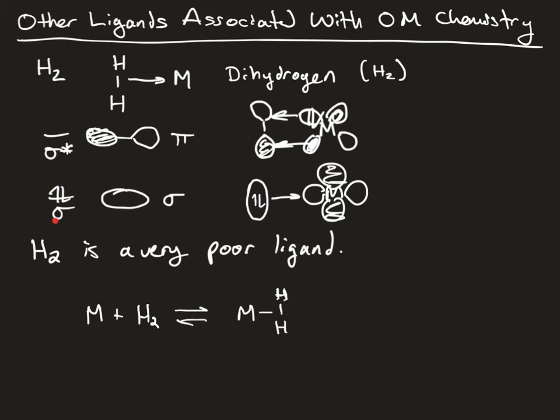The localized nature of the two electrons in that sigma orbital means that this sigma interaction with the sigma on the H2 donating into the acceptor orbital on the metal center is very weak. So this is a very weak interaction, and subsequently it forms a very weak bond. Most of the stabilization of a dihydrogen compound comes from the back bonding of the metal center into the sigma star. So this back bonding is what drives